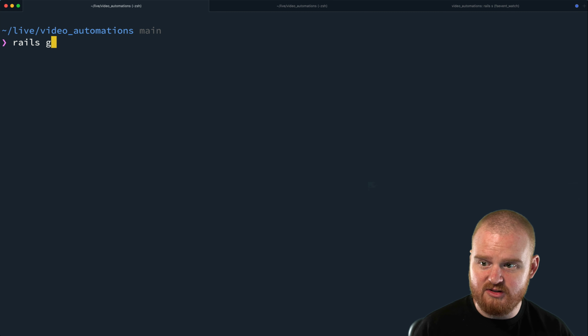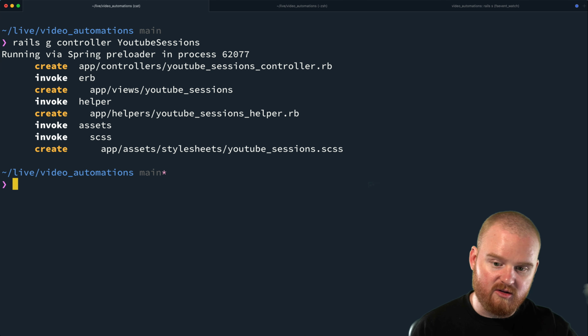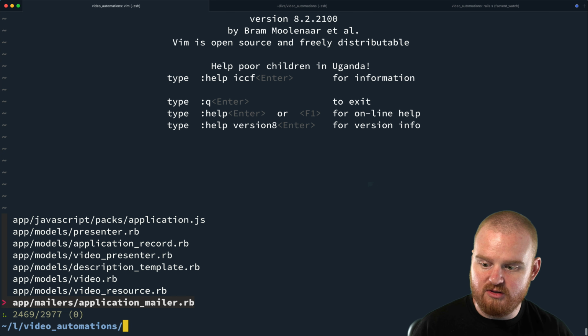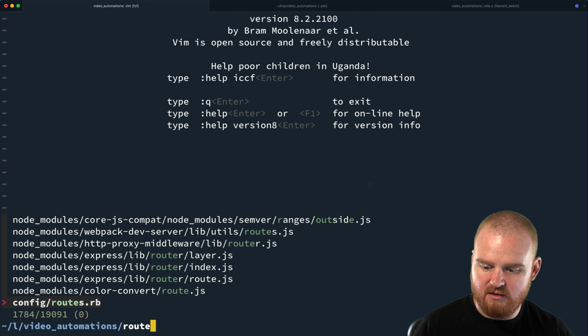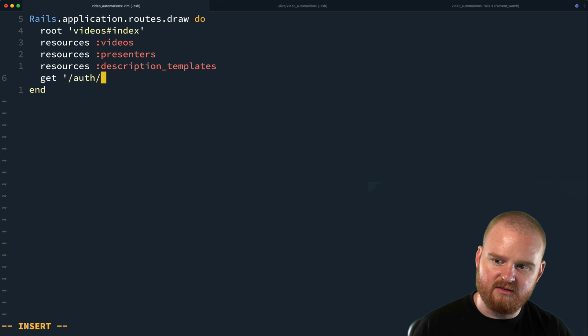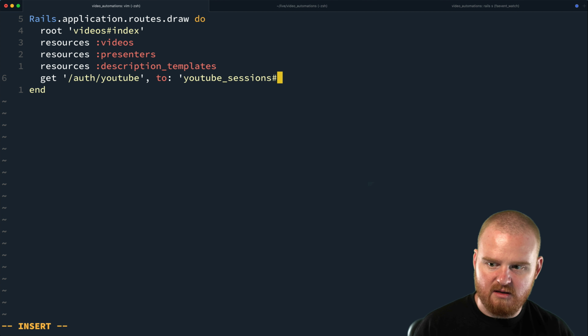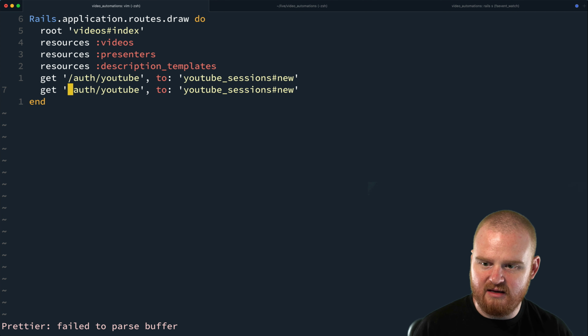So in Rails, I'm going to say rails g controller YouTube sessions. This is going to be a controller that is purely for connecting to our YouTube channel. Okay, so we're going to go to routes. And in here, we'll add resources. No, let's just say get to auth/youtube should go to the YouTube sessions new view, and then we'll add another one that is like